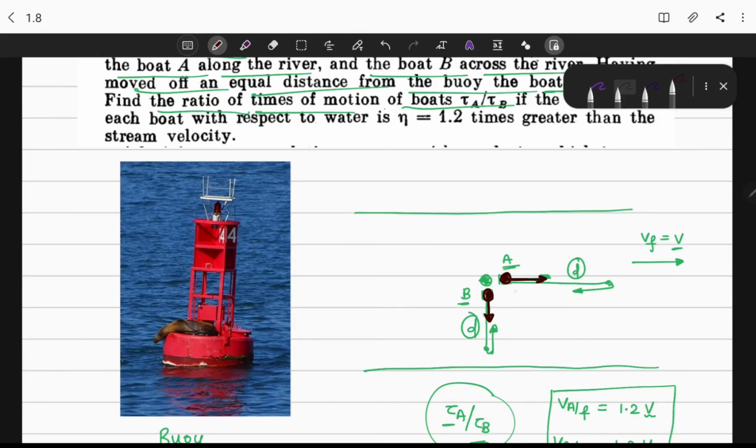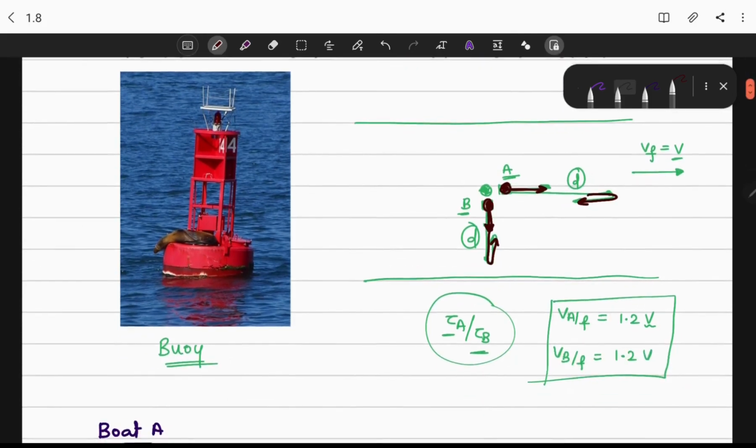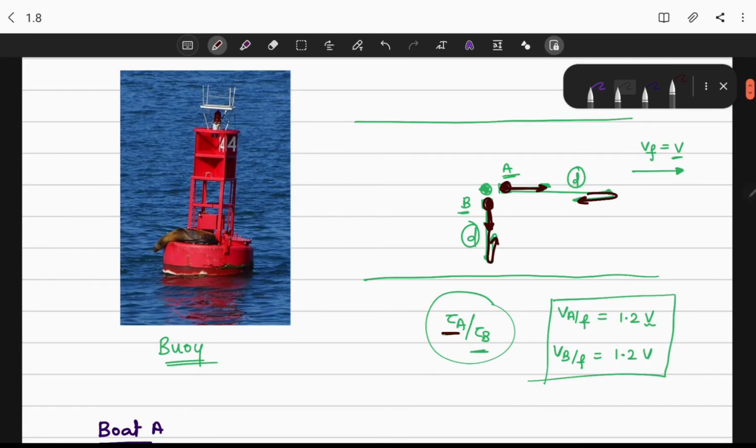When both A and B have reached a certain distance, and both are equal, then both come back in the opposite direction of the flow. It is asking to find the ratio of the total time taken by boat A and boat B, and the velocity of A with respect to flow is given as 1.2 v,